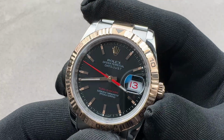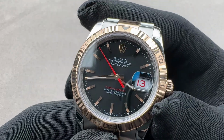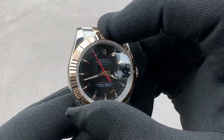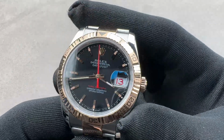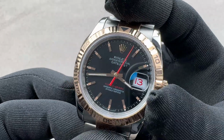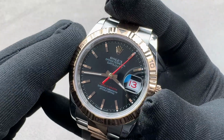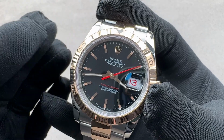Rolex certified pre-owned Oyster Perpetual Datejust Turn-O-Graph. So this is the discontinued and highly sought Turn-O-Graph, and the easy way to remember this is it's the only Datejust with a rotating bezel. The original model came out in the early 1950s as a running mate to the Submariner. The Submariner was viewed as a dive watch from the beginning, whereas the Turn-O-Graph was originally looked at as perhaps